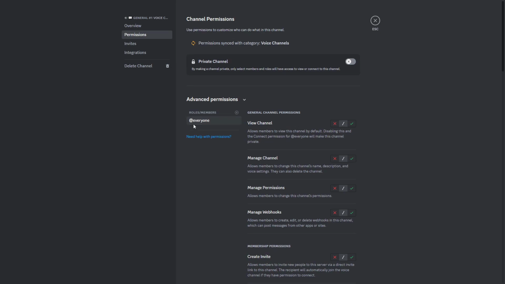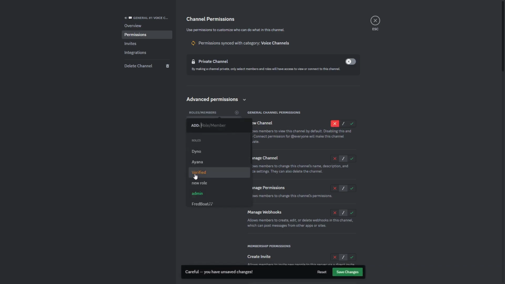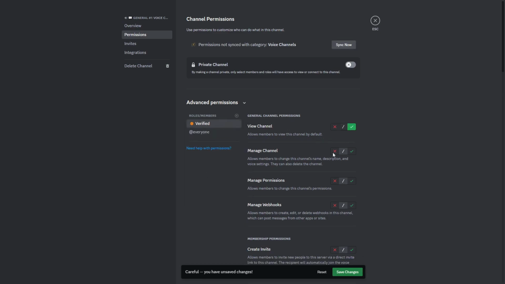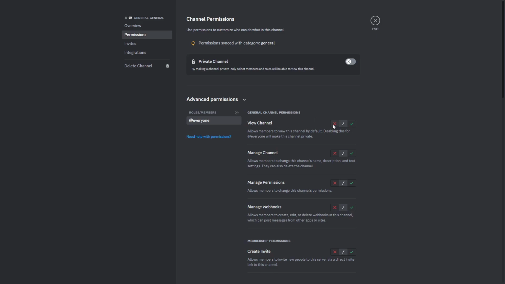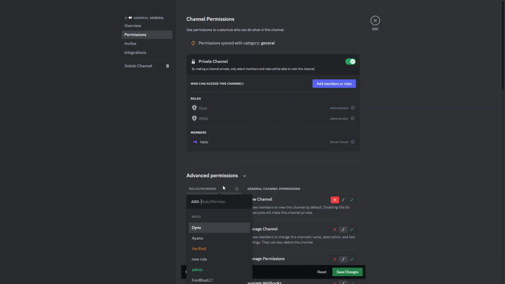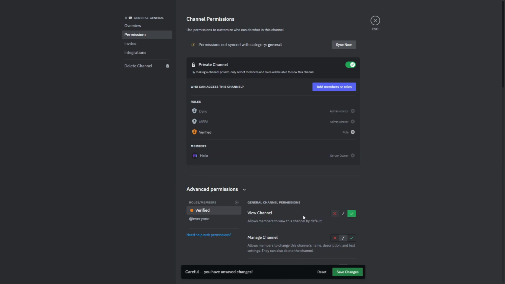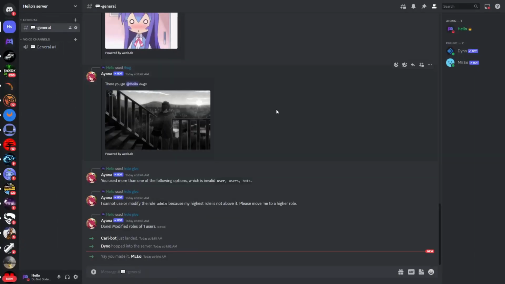Here we will need to go to permissions and we will need to select the everyone role, and we will need to disable view channel for the everyone role. Then select the verified role and enable view channel for the verified role. Here we will need to save the changes and we will basically need to do this with every channel that we have in the server. So disable for everyone, however we will enable this for the verified role. We will now go back, and if someone new would join the server